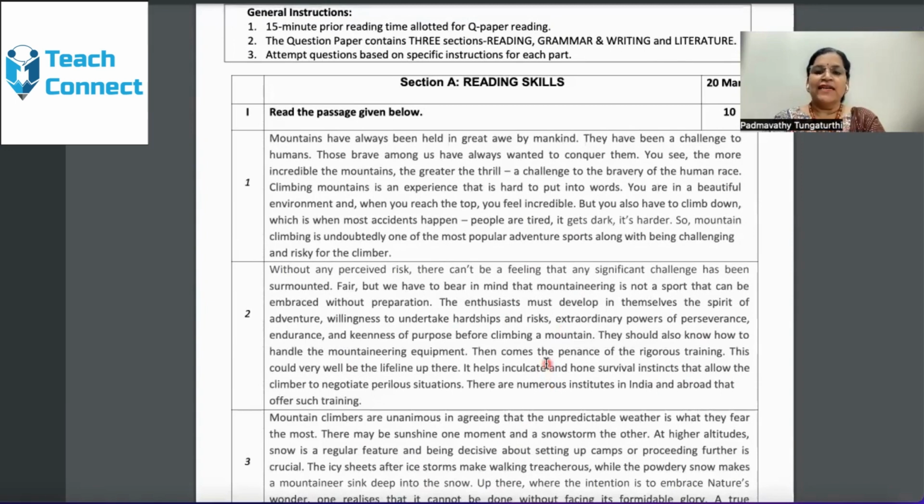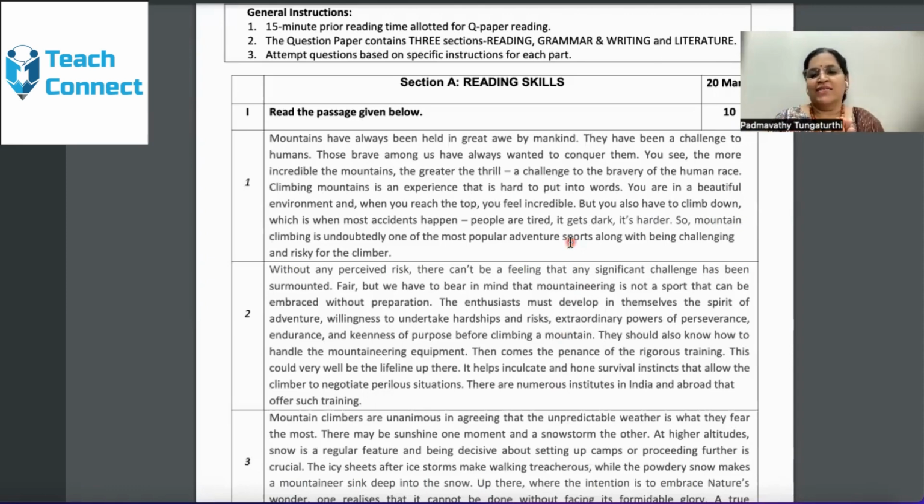After reading the first passage, the student has understood that it is all about climbing as an adventure sport. Let the child read this paragraph again, all the 5 or 6 sentences which are given here. Understand the what, where, when, why, who, how components. Very important that the child understands in the mind the what, where, when, why, who, how components.